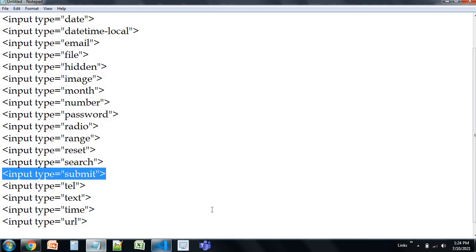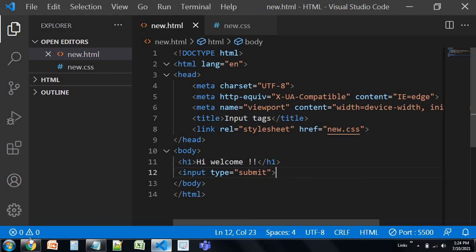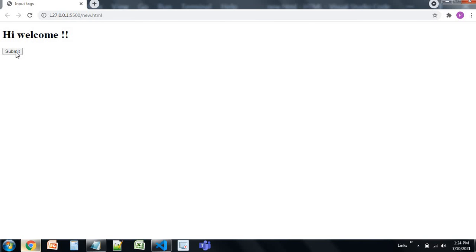The next thing is submit. Now this is also a button, like reset. You can see the submit button. Now submit and reset buttons, you can use them. Suppose you're creating a fill form, there the user needs to submit, or he can just reset and everything will get cleared, and on submit, he'll go to the next page.